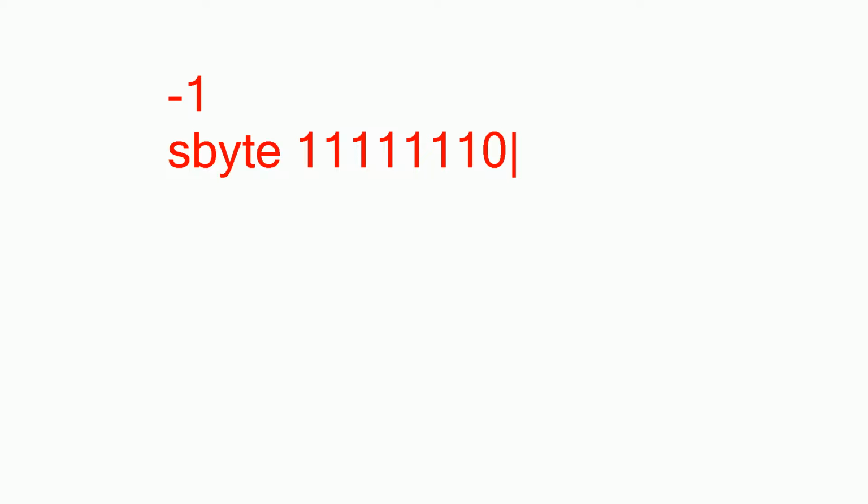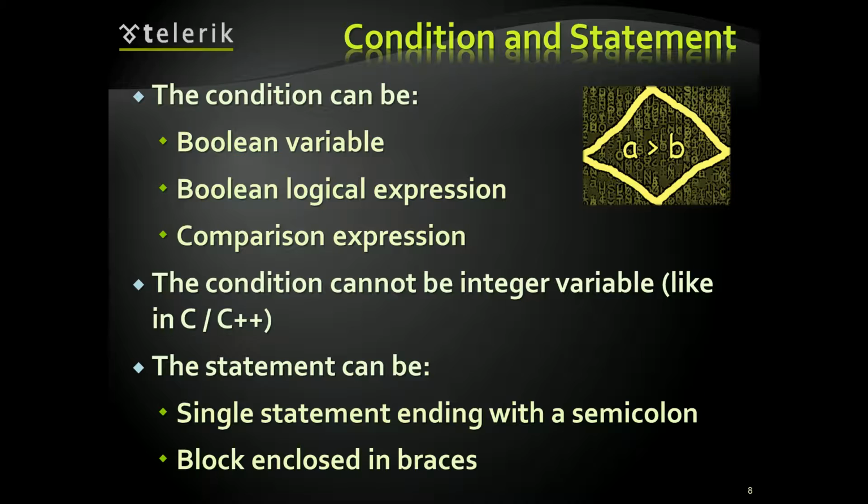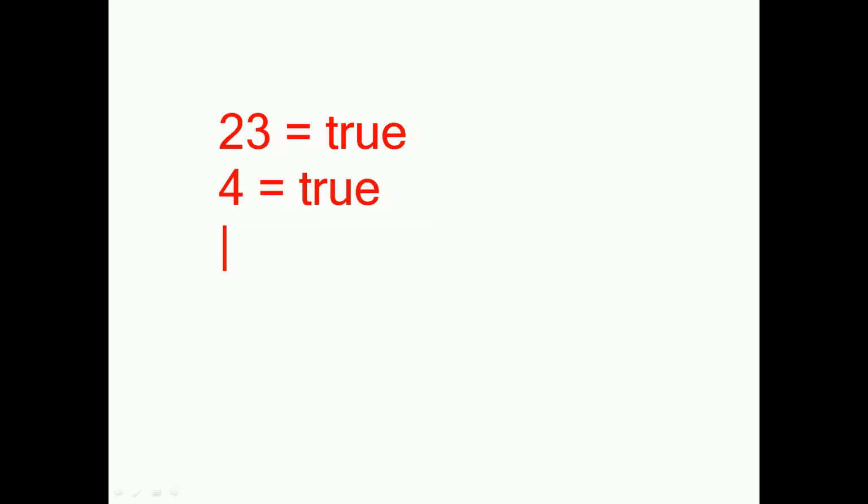So I might be mistaken right now, but this should be the number 1. Yeah, I'm probably mistaken, doesn't matter. This should be the number 1. So this has ones in its binary representation. So the number -1 will be evaluated as true in other programming languages. The number, for example, 23 will also be evaluated as true. The number 4 will also be evaluated as true, and anything else will be evaluated as true, except for the